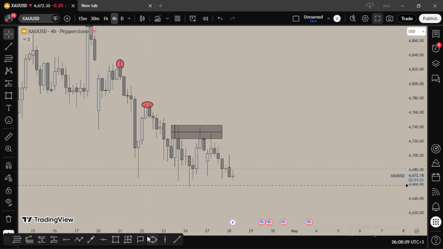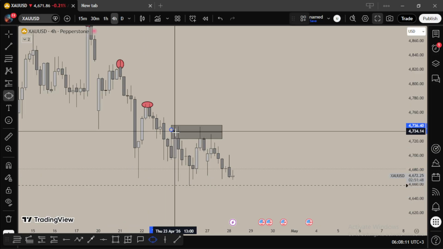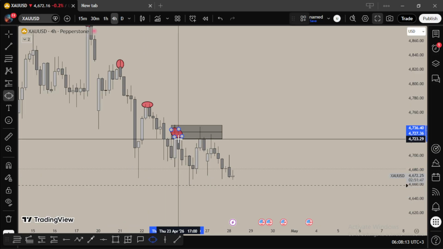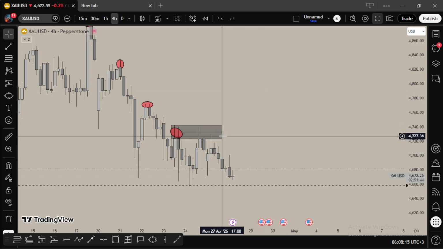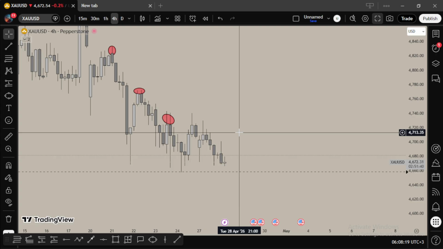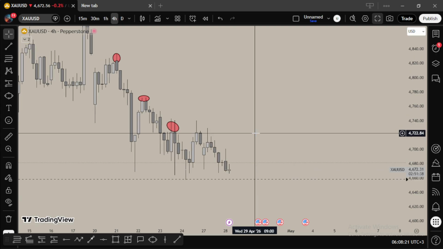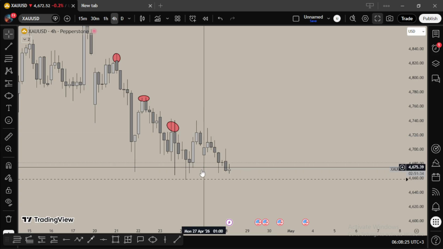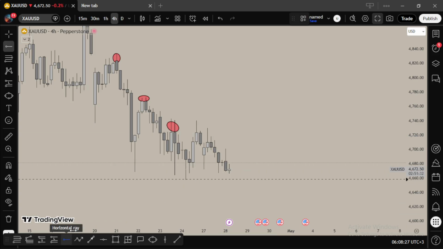These were the last level of sellers in the 4 hour time frame. These levels are so important because they give you two things. They give you places to put stop loss, and places to consider market shift